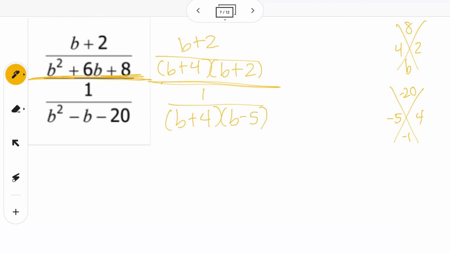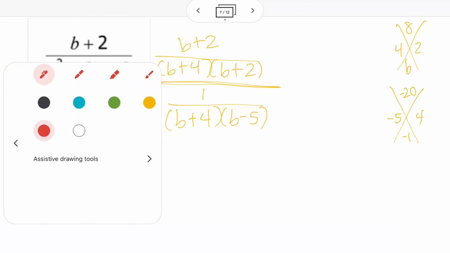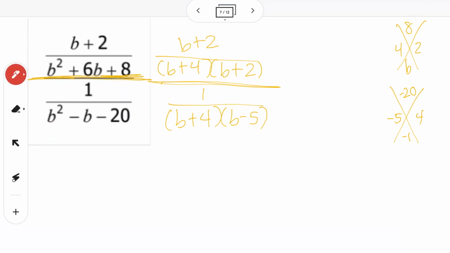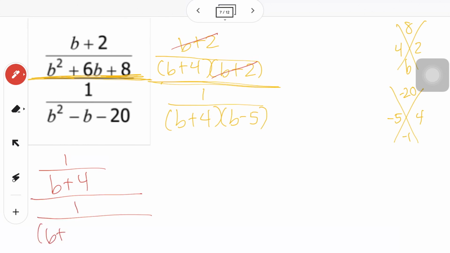Last time I left in that common factor that I could have divided out. This time what I'm going to show you is what you would do if you do simplify one of those little fractions first. Be very careful because you can only simplify within your little fractions at this point. So like right now, I can try to simplify this numerator, and what I know is that those will cross out. So now that this is simplified with the b plus 2's that we canceled out, this would be 1 over b plus 4 all over 1 over b plus 4, b minus 5, and